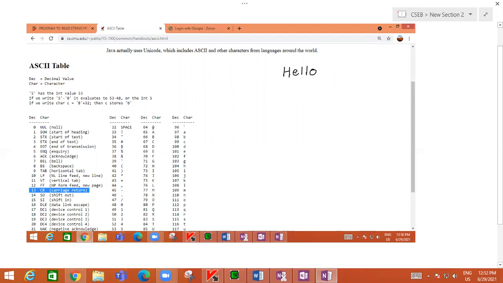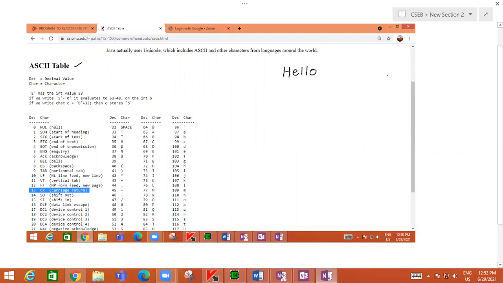So what you have to do, you have to add up all the ASCII equivalent values of these characters. There is an ASCII table standard. ASCII stands for American Standard Code for Information Interchange. This table defines the values of different characters.